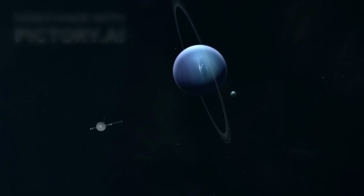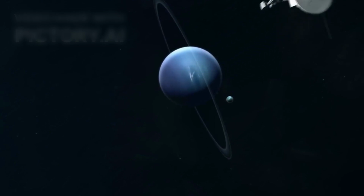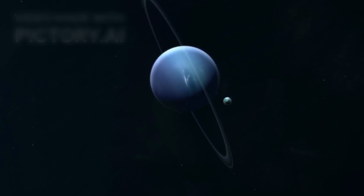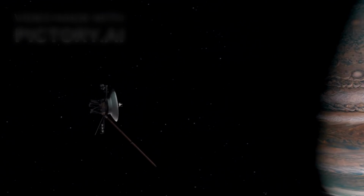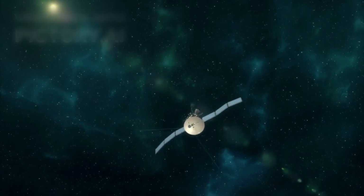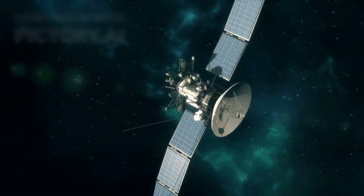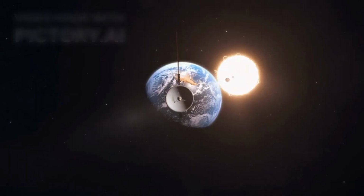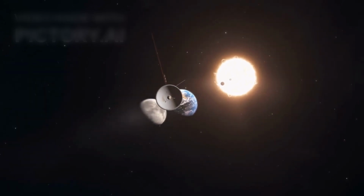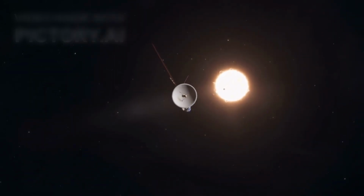Voyager 2 later became the first spacecraft to conduct close-up observations of Uranus in 1986 and Neptune in 1989. These flybys of 4 giant planets earned the mission the name, Voyager Grand Tour. Rather than ending there, the spacecraft were directed towards something far more ambitious, the exploration of deep space. Today, nearly 5 decades later, both Voyager 1 and Voyager 2 are still traveling through the cosmos and transmitting data